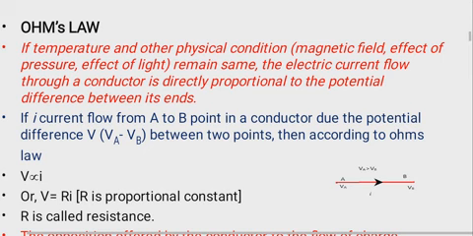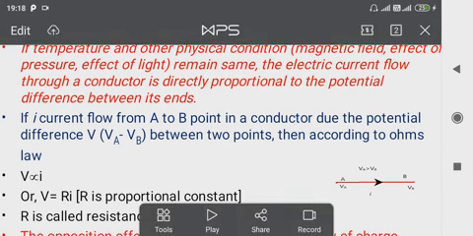Let I be the current between A and B, which is present in the figure, with A and B being points in a conductor. The potential difference between A and B is V, the potential at point A is VA and at point B is VB. Now you know that current flows from higher potential to lower potential, so VA is greater than VB.